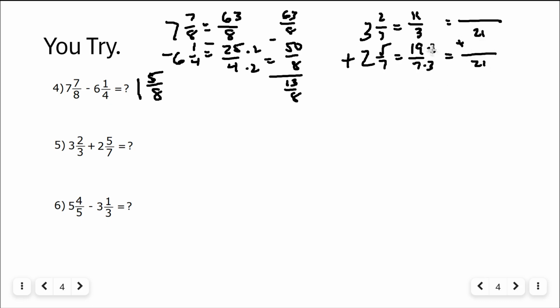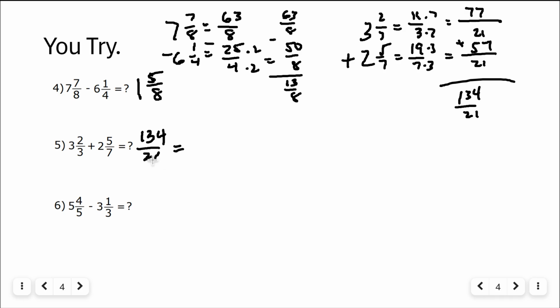7 times 3 is 21. 3 times 7 is 21. 11 times 7 is 77. 19 times 3 is 57. So 77 and 57 is 134 over 21. So 134 over 21,